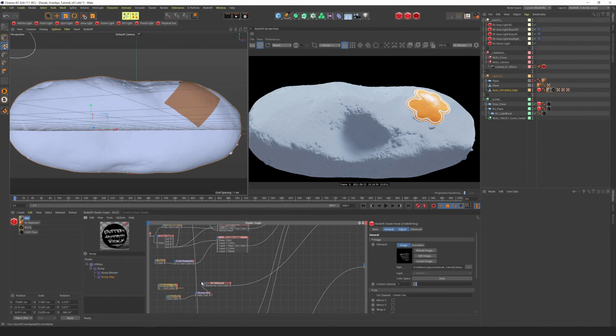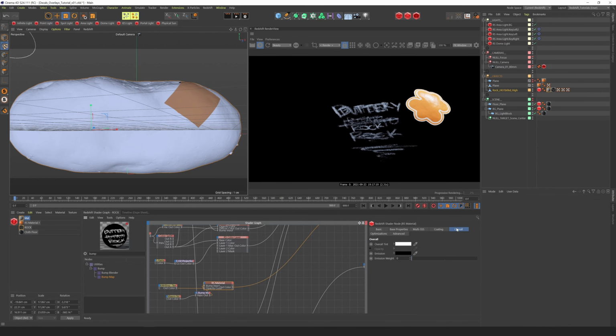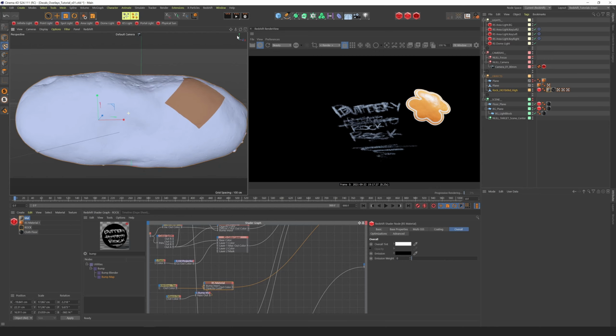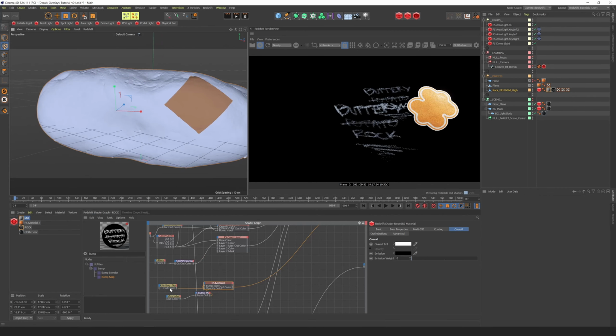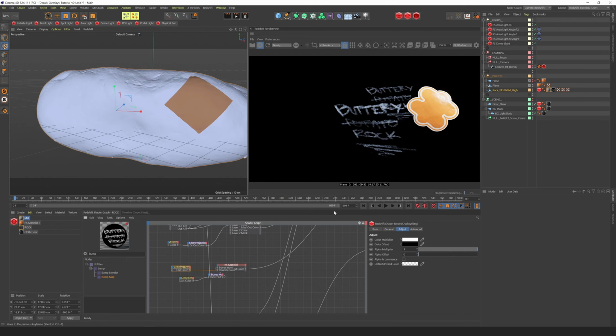And I purposely saved this out as a JPEG because we can set this to the overall opacity, and that still works, but we still have that same problem where it's being projected right through. So the luminance of this texture is being used for the opacity. I really thought that wasn't going to work until alpha is luminance was checked, but it looks like it's handling that just fine. So the only other thing we need to do is,